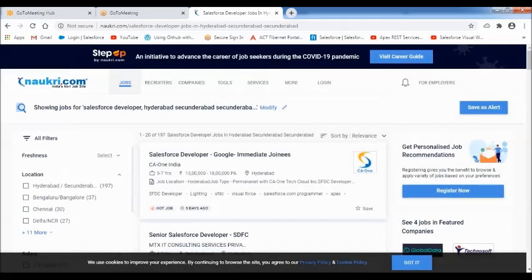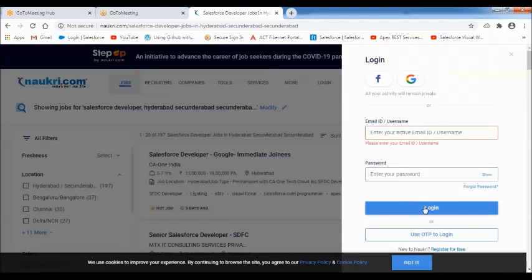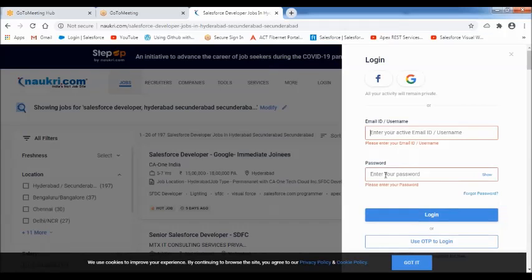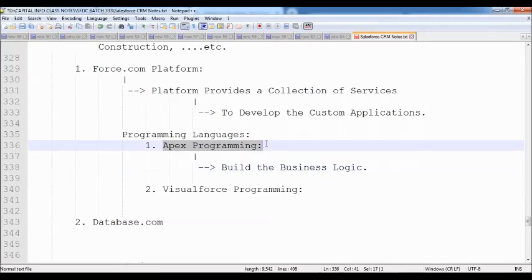If you want to apply for any of the jobs and want to log in, you can click on login here. After entering your username and password, when you click on the login button, is it validating your credentials? Yes, it is verifying whether your username and password are correct. How is it validating? Because of some business logic. Behind every button control, you will have some business logic like that. If you want to develop any business logic in your application, then we have to use Apex programming. So Apex programming is used to build your own custom business logic, which can be used to perform some operations.